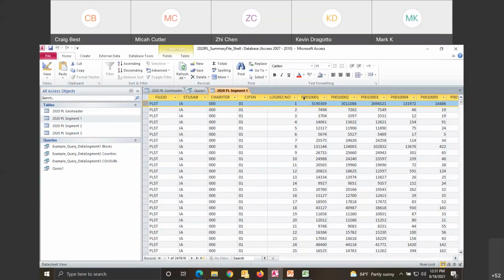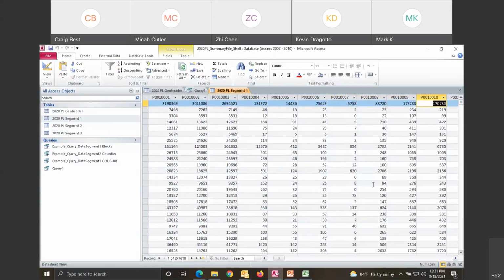And here are the field names. Now, unless you're a real census data geek, you don't know what these fields mean. I'm in that category. I don't know what these fields mean. But that's why we have the technical documentation available to you. And what you'll find is that P001 represents table 1.